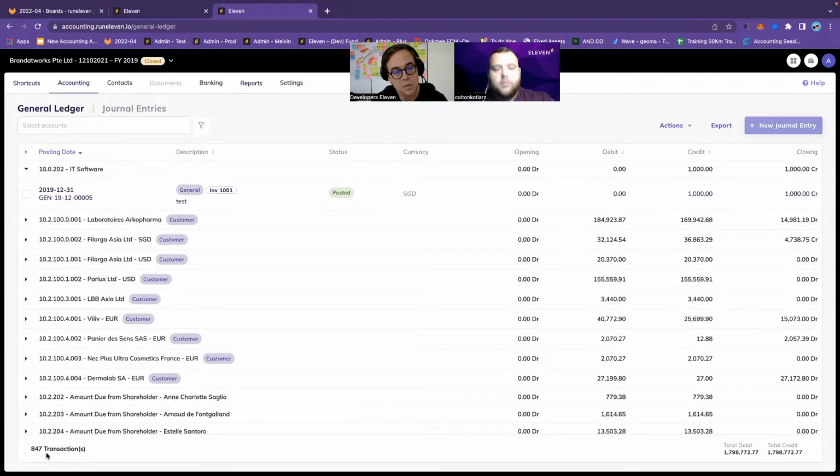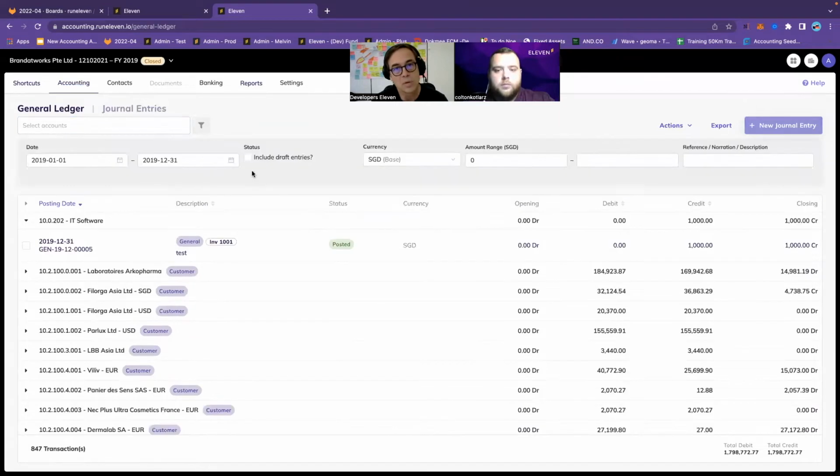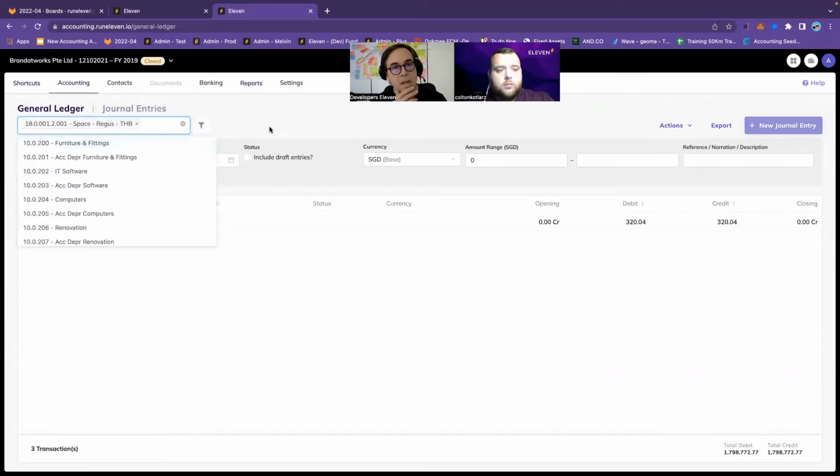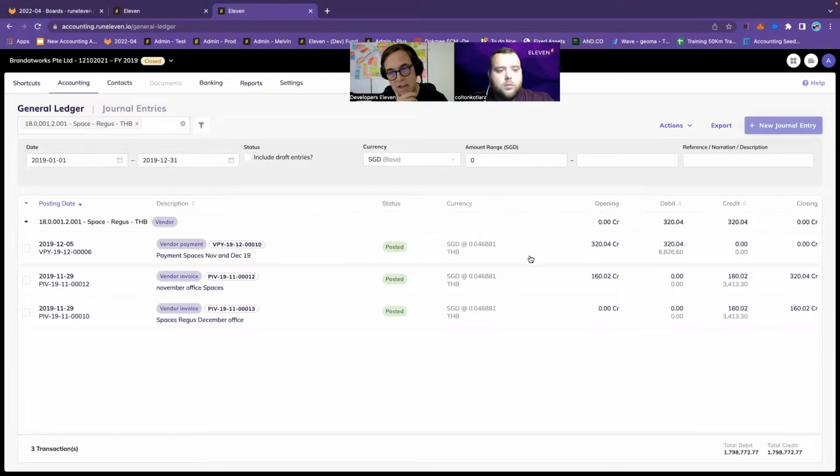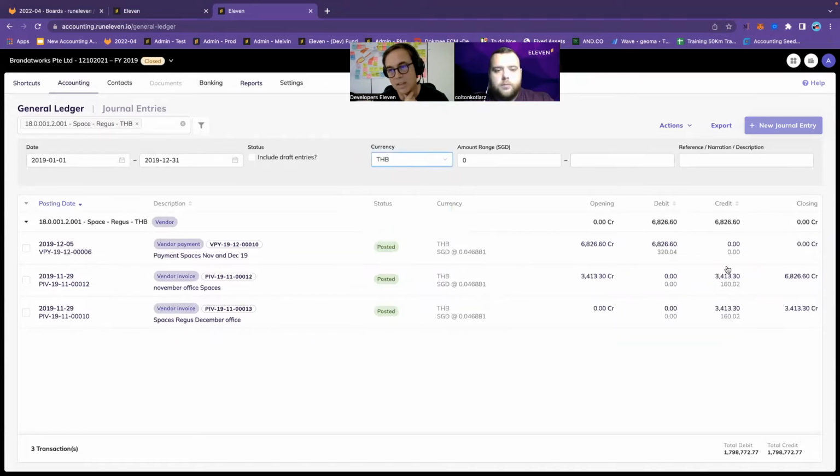You see that we've just uploaded 850 transactions. Speed is everything for accountants. You do also have a logic where, if we take an account, for example, we have this client, we have this supplier, and this supplier is in Thai baht. You can see that the transactions here are recorded in Singapore dollar because the company reports in Singapore dollar, but I can also see it in Thai baht, and I can see all my